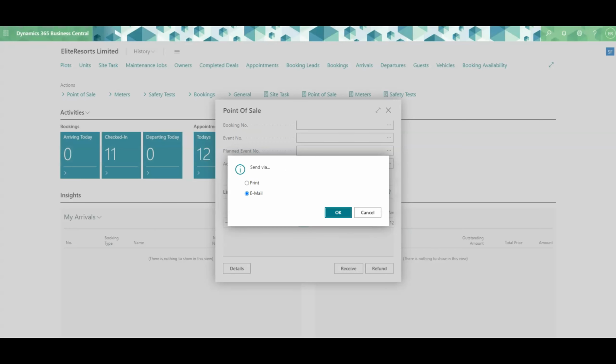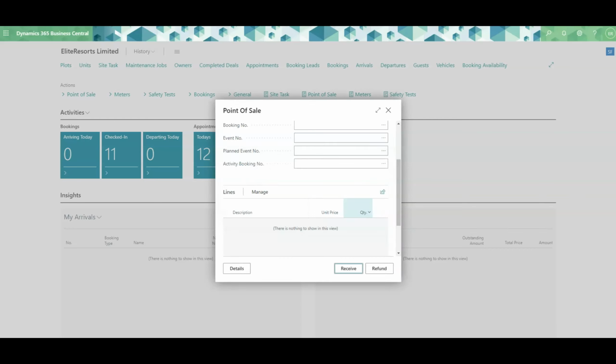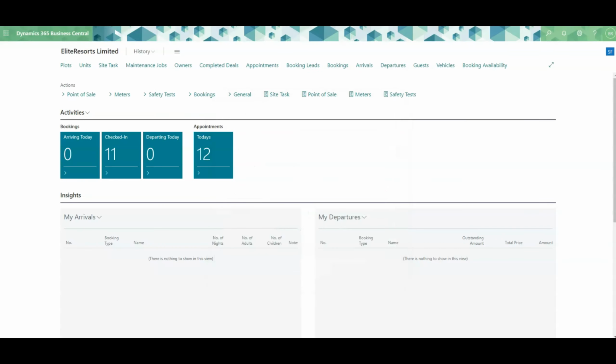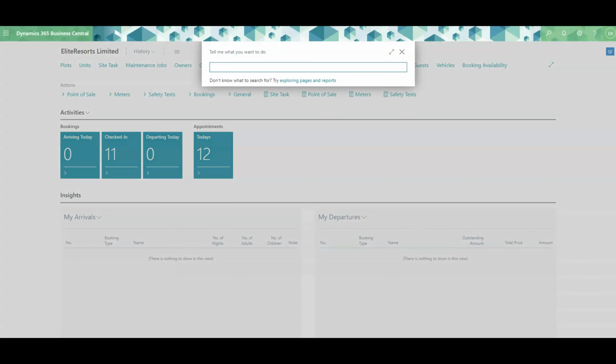In this situation, I'm going to opt to not send the receipt, but I'm always able to get back to this receipt should I need to communicate it to the customer or view it at a later date. If I now close this window, what we can now do is look at what would happen if we rolled on to the end of the day. So say that was the only payment that was taken through your system. If we now head to end of day worksheet,